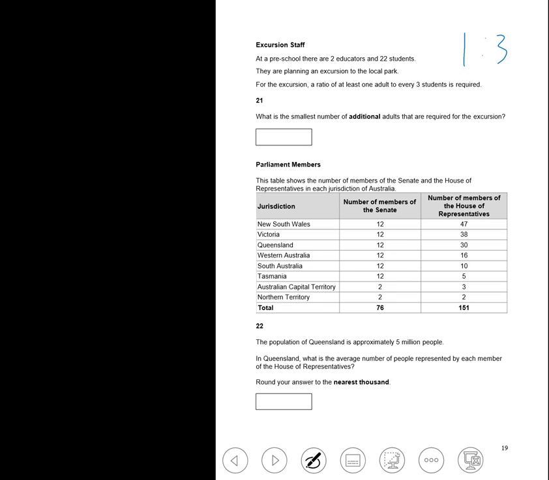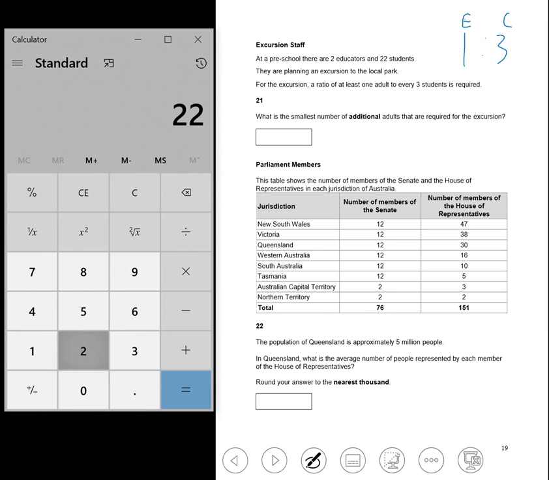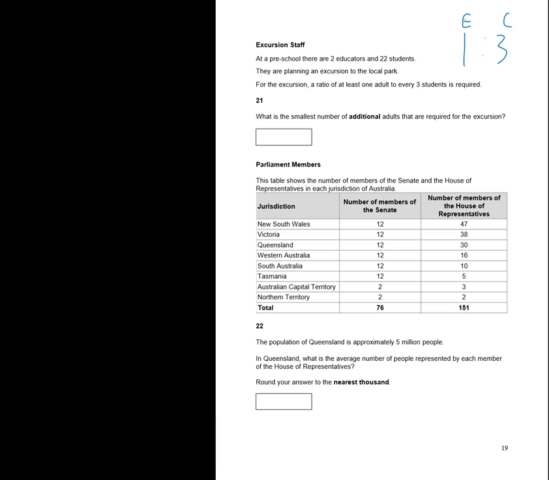So we need to make sure that the number of children compared to educators is no more than 3 times as many children as there are educators. So if you do 22 divided by 3, that gives you 7 and a bit. So you need 7 and a bit educators. You can't have a piece of an educator, you need whole educators. So that means that we will need 8 educators in total to go with the 22 children